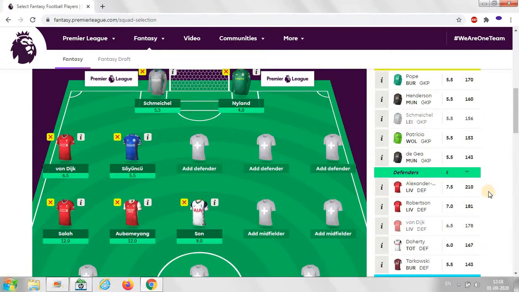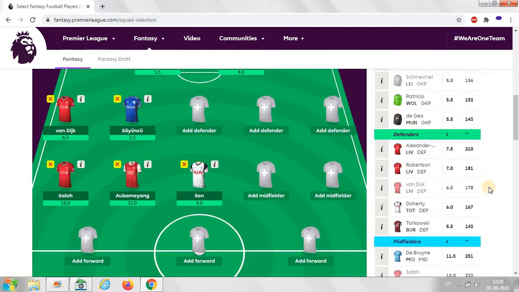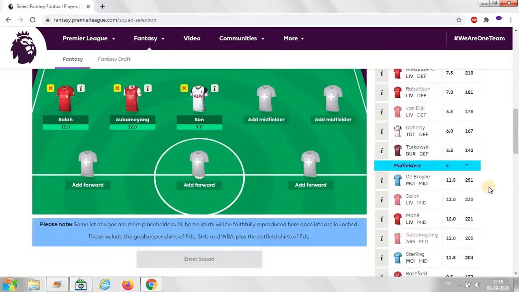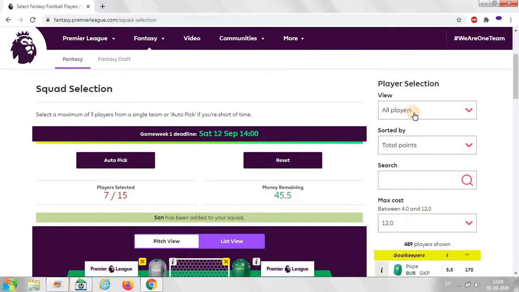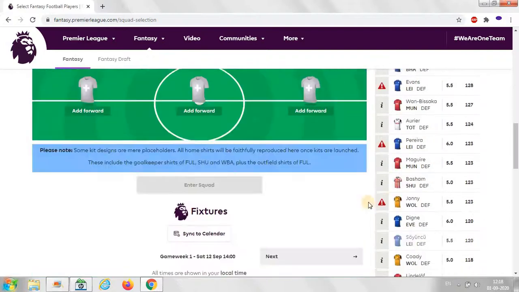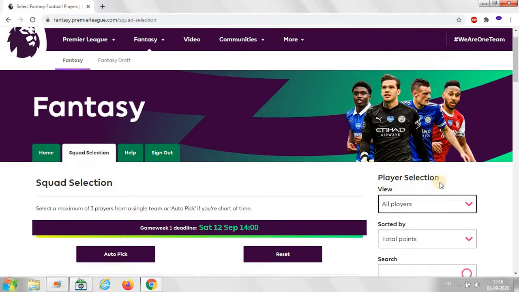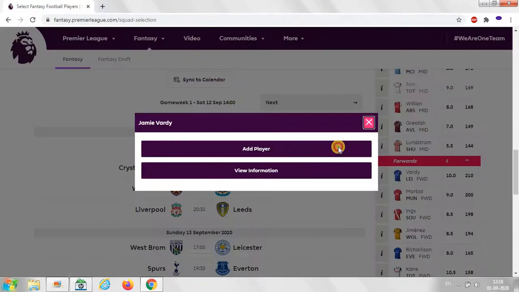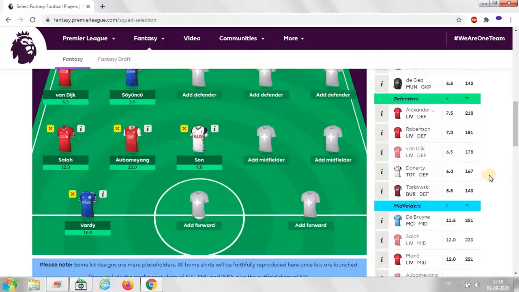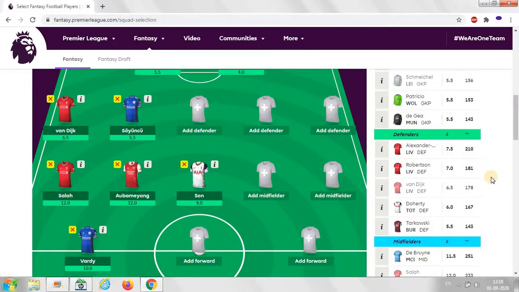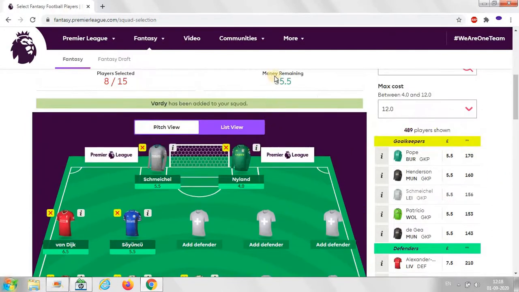So first we will select this. We'll complete the selection. So now I think we'll focus on defenders. I'll select this guy also. So basically, when you're selecting a group, first select the important players which you like. Now the remaining is 35.5.